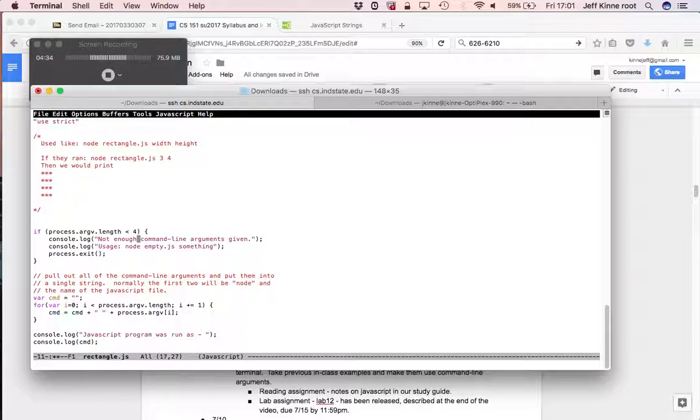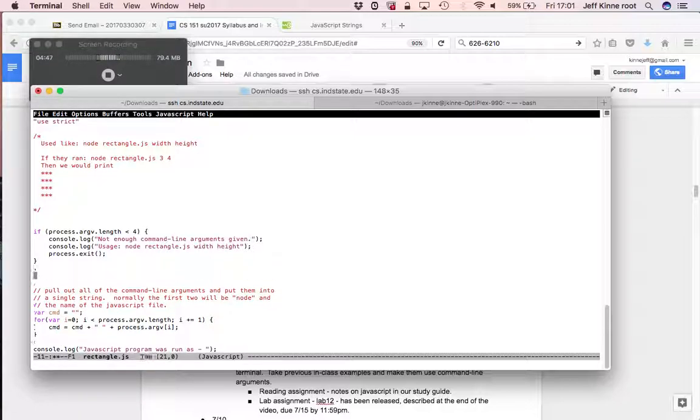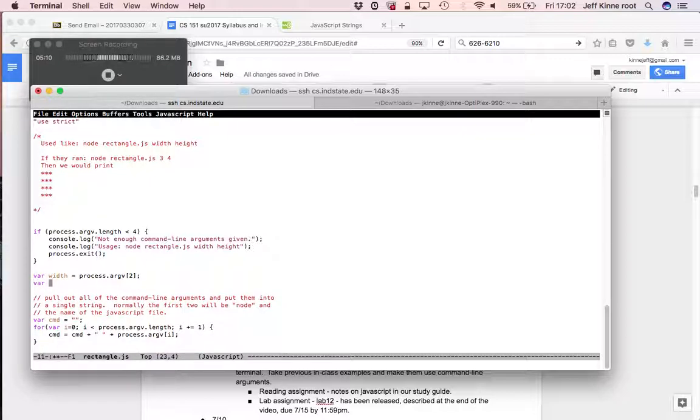So if there's less than 4, we give the usage statement. And the usage statement here now is width and height. And those arguments that we're expecting: var, say, width equals process.argv bracket 2, because the 0th argument and the 1st argument are these two, and then the next one is the first real one. And var height equals